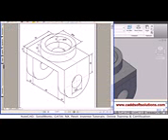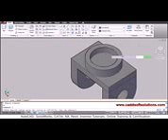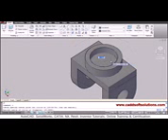Then there is one more hole of diameter 30, that is 15 radius, at the bottom, at the center of the bottom circle. So I will just say circle again, click on this center point and give a radius of 15. So this internal hole is ready here.